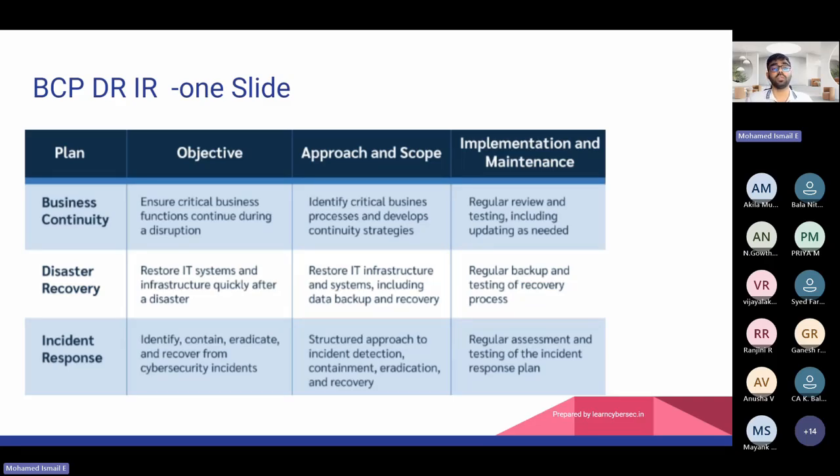Business continuity is a big umbrella. Inside it, the subset is disaster recovery. Business continuity is about ensuring critical business applications continue during disruptions. For example, let's take a very recent example. I will start with a story. There is a company called Mango Private Limited. Okay. The Mango Private Limited is located near Punjab in North India.